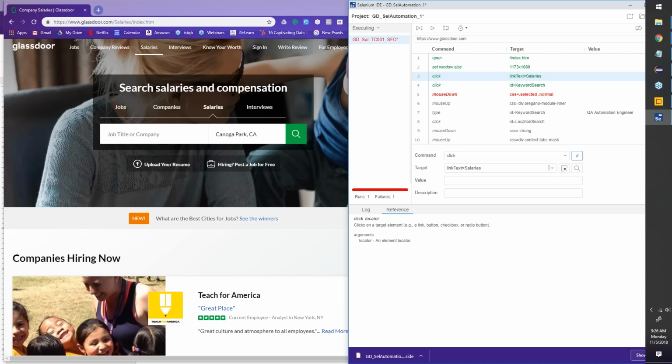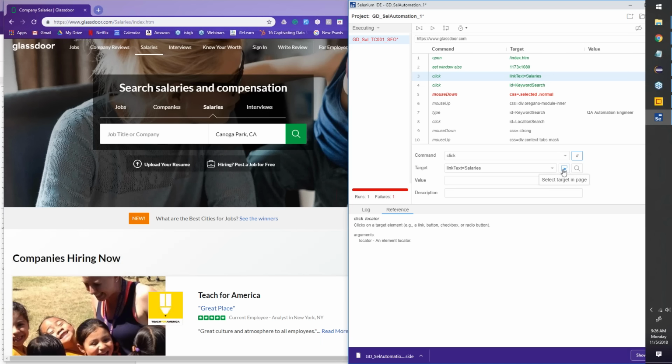Now link text salaries: this target has two fields on the right. One has a drop down. Oh wow, I've not seen this new feature. This is good. And I have a few options of how this element looks. Now, this is what we will learn, team. The different ways of identifying elements we'll go through tomorrow. Let's not worry about that. These two icons, team: if I say select target in page, I can click on something and get those details here. If I say find target in page, it will try to locate the target and see if it is visible on the page, team.